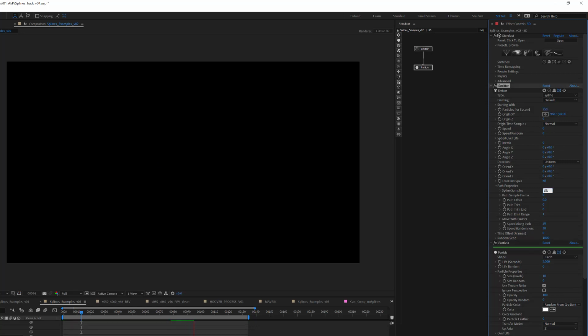I think if we lowered our samples, there you go, we get an easier to see animation. You can play with a lot of variables and get a lot of interesting things. Again, this is just talking about the spline attributes. This is Stardust, so you could replicate this, add turbulence, or emit auxiliary particles from it. There's a million things you could do with this, and that's all cool on its own.